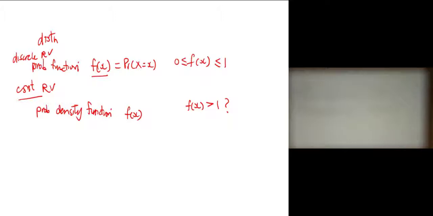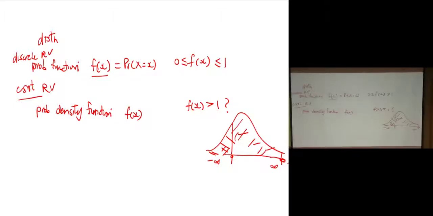Why? I can give you a very intuitive example. For the normal distribution, it's from minus infinity to infinity, with this bell shape. The area under this bell curve represents the density, and integrating from minus infinity up to this point represents the probability of being less than this value. So this value can be infinity, but the probability is still between 0 and 1. In other words, the area under this bell curve, the normal PDF, is 1.